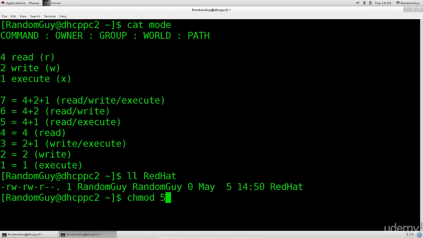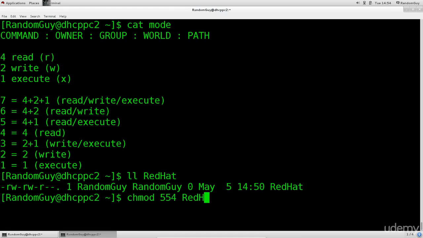Let's see what sort of permissions we want to give for the group. Well, I want the group to be able to do the same thing actually. Let's not change anything here. We want the group to be able to read it and to execute it. And the world, well, we're not going to really change anything for the world. Read is way more than sufficient for the world, so let's just leave read as it is and give it 4. So it's chmod 554 that I've typed in, space, and then I type in the name of the